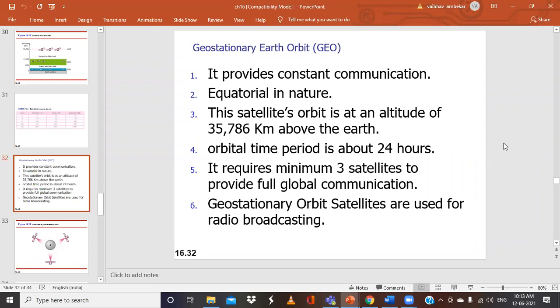Are we getting it? So these are some of the characteristics of GEO satellites. Only these things you need to highlight, not more than that. Maybe it can be asked as a question like, explain the types of satellites. From the last 2 years it has not been asked, but we cannot take the risk. So you need to write about their characteristics. The same things will be applicable, and a similar kind of pattern is going to remain the same for the next 2 categories as well. Shall we go ahead with this?